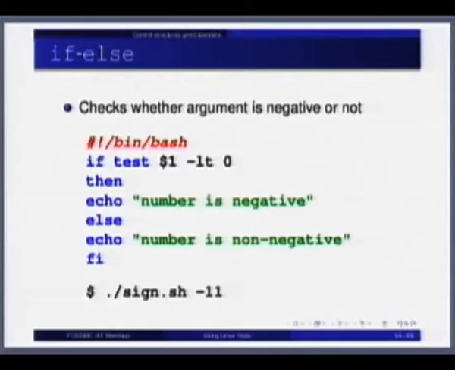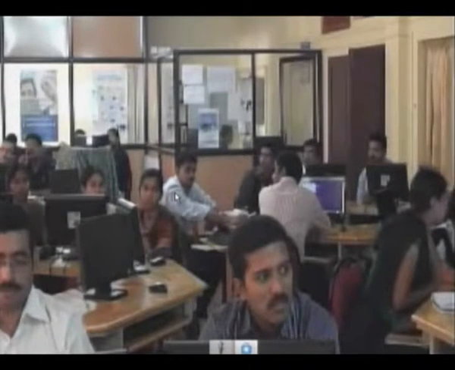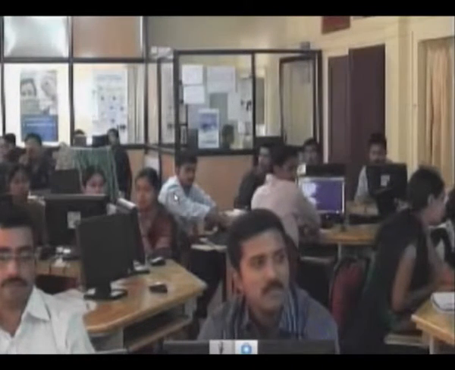Yeah. We have a question from St. Joseph College, Kerala. Please ask the question again. How can we get the number of arguments in the command line? The question he asked is, inside a script, you would like to know how many arguments were given to this command. Some of them may not be required, some of them are actually required, but they were not given. So you want to have a check. How many arguments were given?